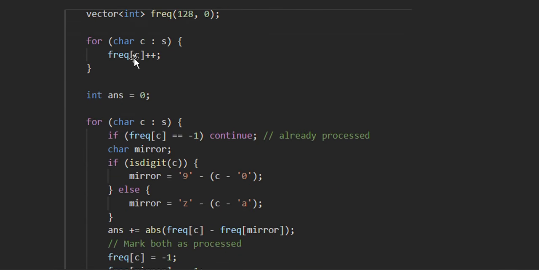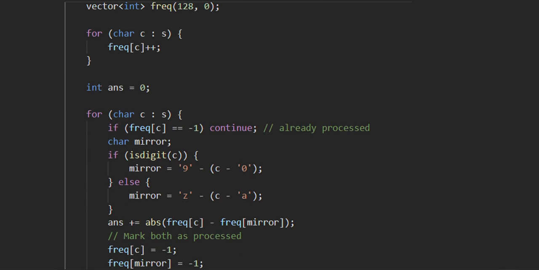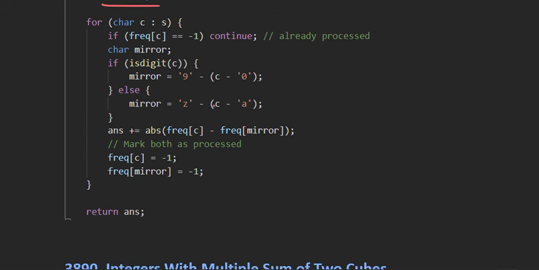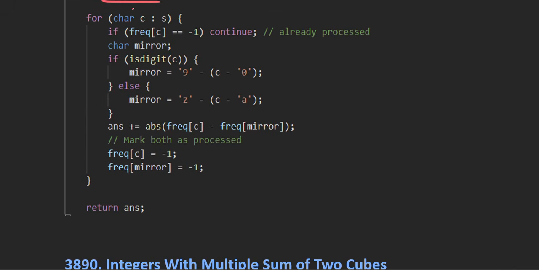We have taken a frequency vector whose size is 128 with all values initially 0, and then we iterate over the string and increase the frequency of each character. Then we declare the answer as 0 and again iterate over each character in the string and check if the character is not already processed.